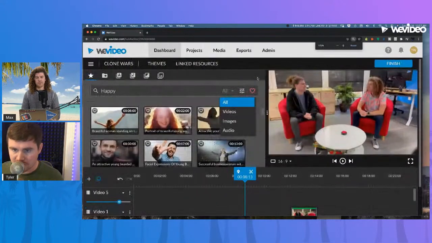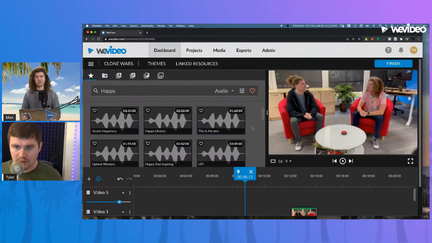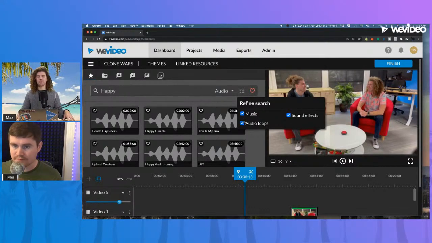Then just go over to this filter here. Let me zoom in a bit. And if you click on this little drop down, we can filter by audio. So this is good for music, but it's particularly good and much better if you're looking for sound effects. Can't stress that enough.